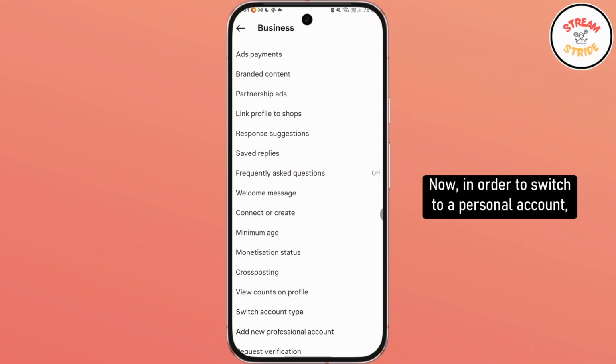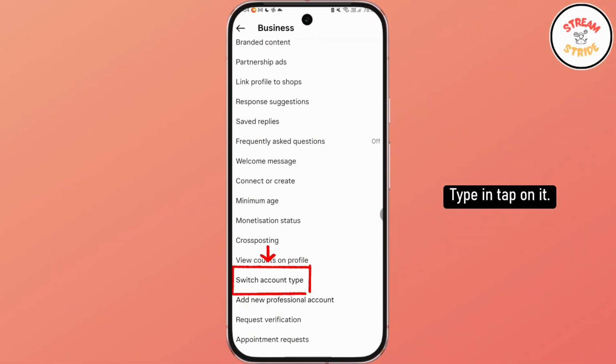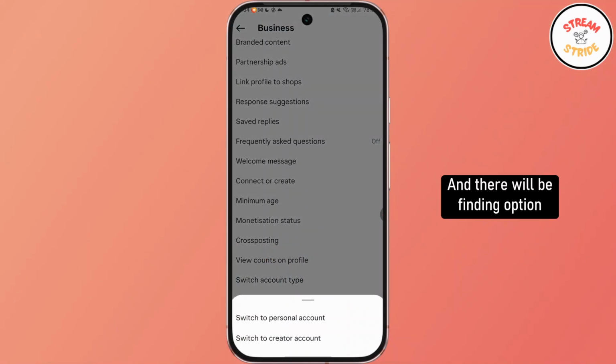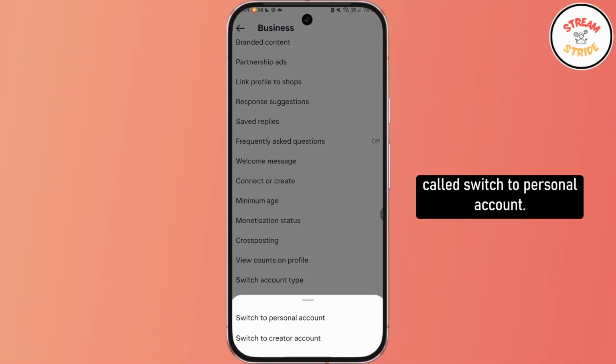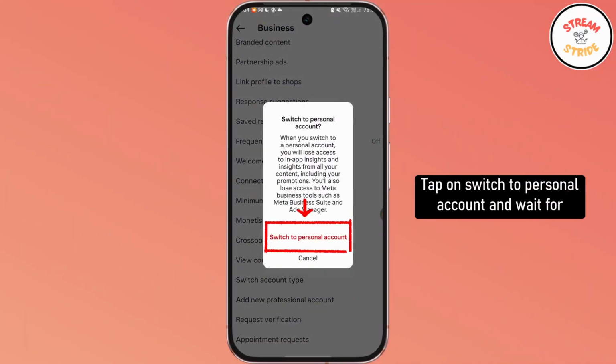After that, you will be taken to this space. Now, in order to switch to a personal account, you can head back, scroll down, look out for switch account type and tap on it. And there we'll be finding an option called switch to personal account. We can tap on that option and then just go over and confirm this pop-up right here. Tap on switch to personal account